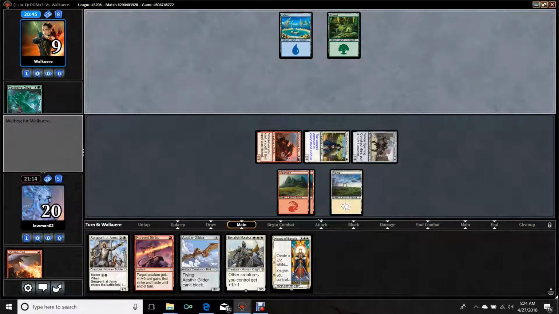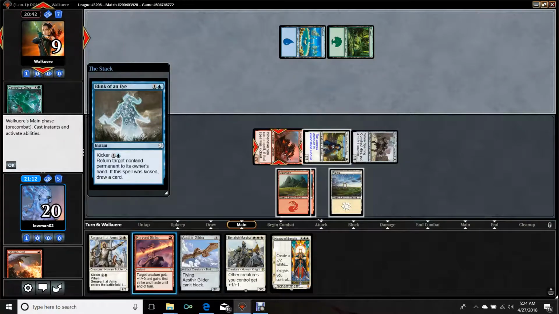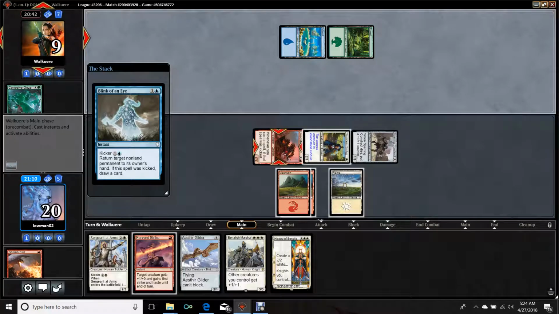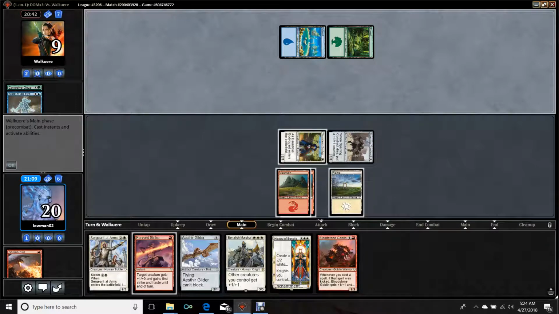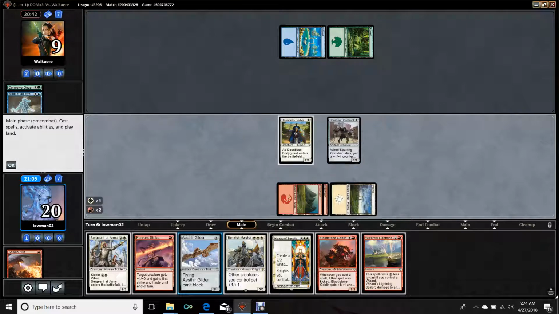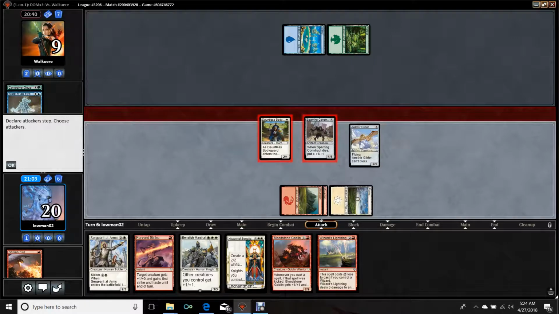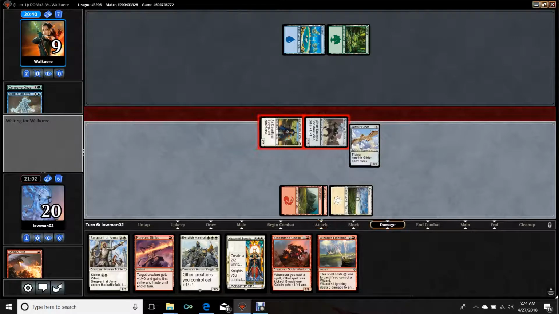Concession? If they missed on land again, it's probably concession. And I feel bad for them. It stinks to miss on land this much. Blink of an eye. Okay. Yeah, that's fine. No value. Glider. Take 3. And